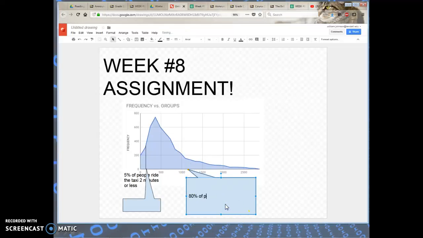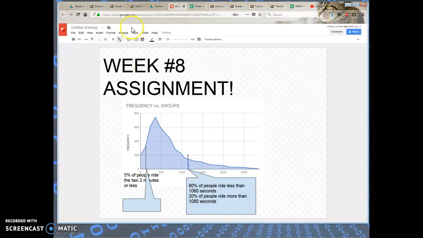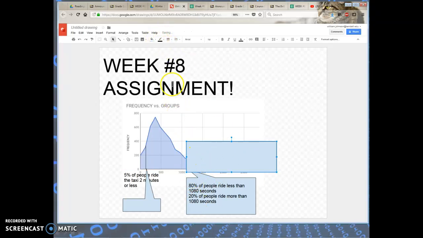80% of people ride less than 1,080 seconds. Now that's sort of descriptive, but I could flip it the other way around. I could say 20% of people ride more than 1,080 seconds. So you get the idea. And you know what? You can convert that to minutes to make it a little more clear. I can write a little line here to help me graph, to draw that. I could actually draw a box around that 20% here, and oh, you can't see the graph anymore. So you go up here, click this, and you can make it transparent so you can see through it. There's lots of different ways you can